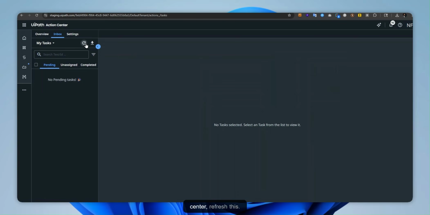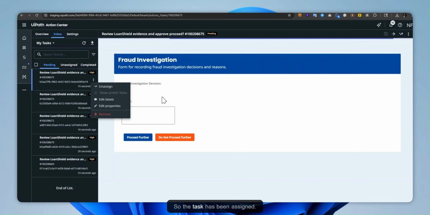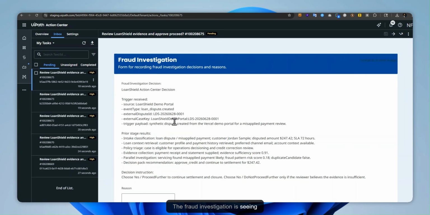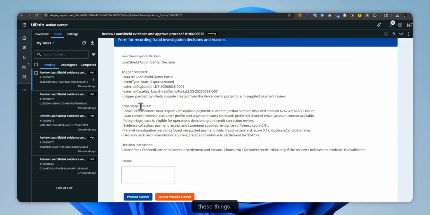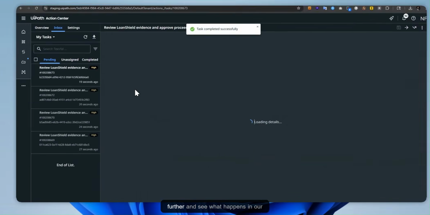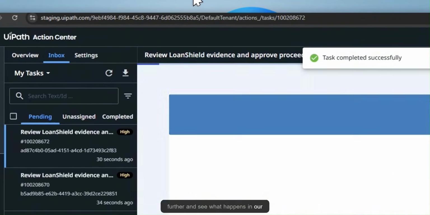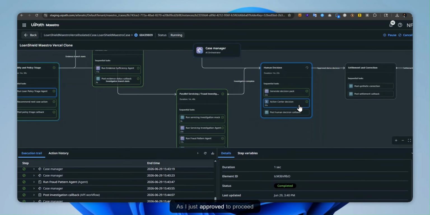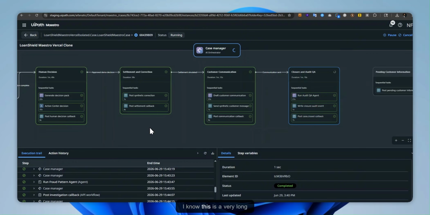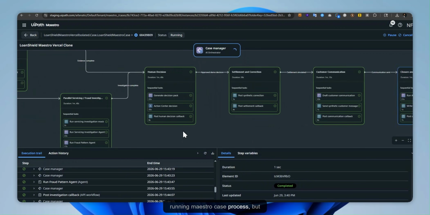Let me go to the Action Center and refresh this. Yep, the task has been assigned. The fraud investigation is saying there is missing information and all these things. I'd like to go ahead and proceed further and see what happens on our case side. As I just approved to proceed further, it has triggered. I know this is a very long-running Maestro case process,